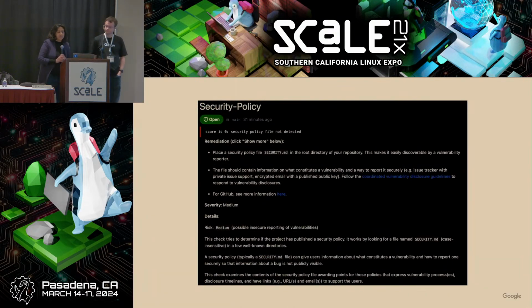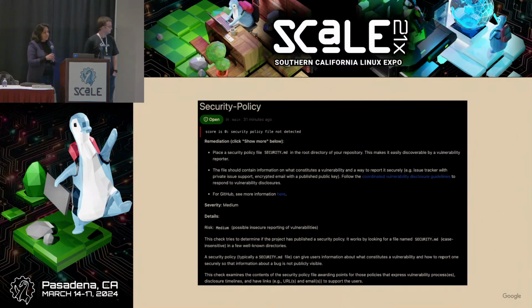Despite its name, Scorecard isn't just scoring you. It's meant to help open source developers. It gives you advice on how to raise scores that indicate potential areas of improvement. That makes Scorecard super useful, not only to evaluate someone else's project, but also to understand the potential risks before you add it as a dependency. But it can also be used as a checklist of things to improve your own project's security.